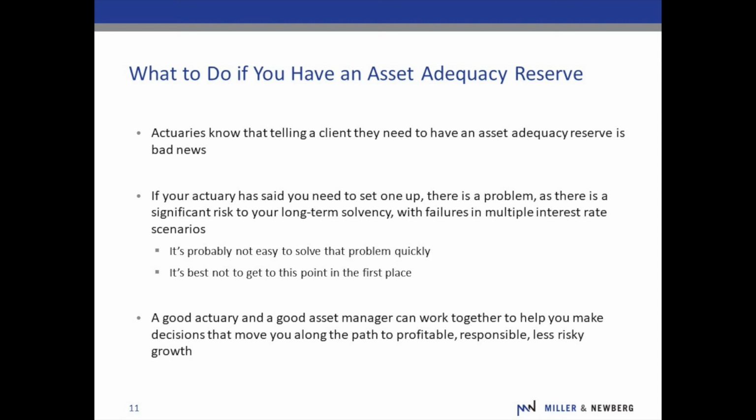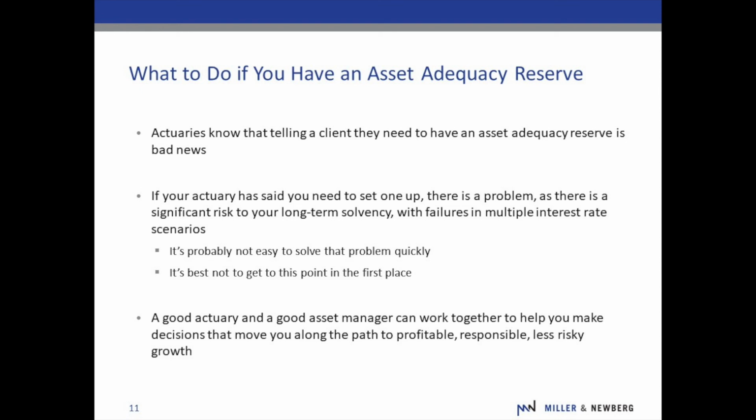You may actually have a problem even if your actuary hasn't said that, which is why you want to take a look at the results that your actuary has presented, and dig deeper into how many scenarios did we fail? Did we fail more of those scenarios if we looked only 1, 2, 3 years into the future versus 30 years into the future? What is our problem, right? What is the scenario that hurts us, and why does it hurt us?